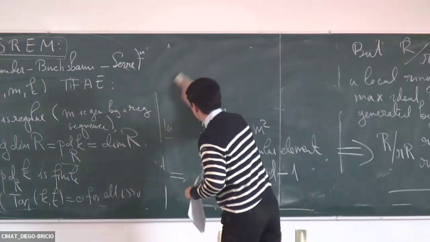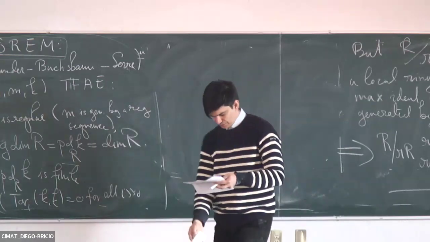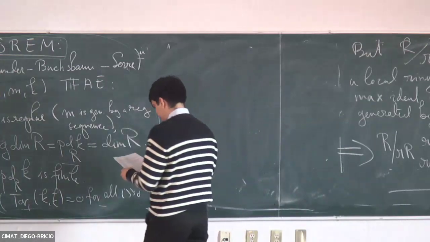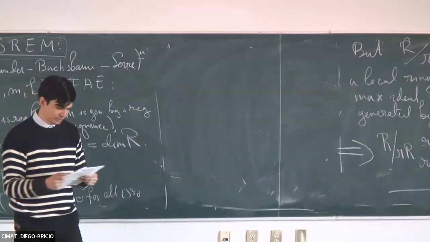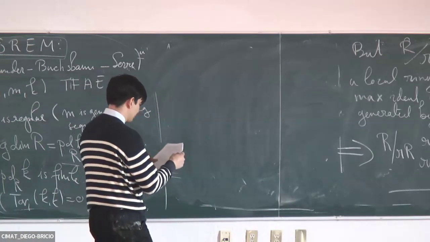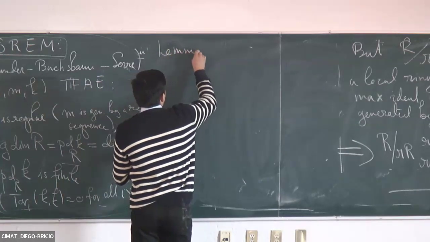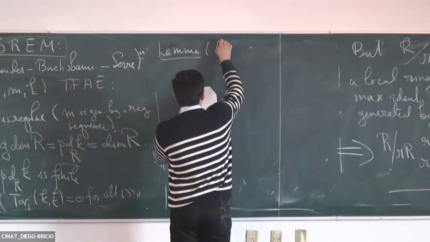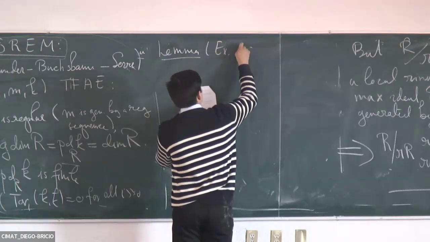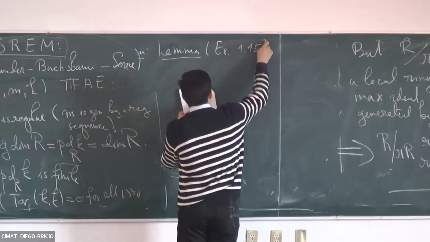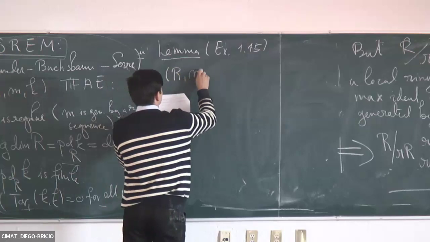So it's a good lemma. It's actually the deformation property of projective dimension, right? The lemma is an exercise. In the notes, this is exercise 1.15. So what you're going to do is take a local ring